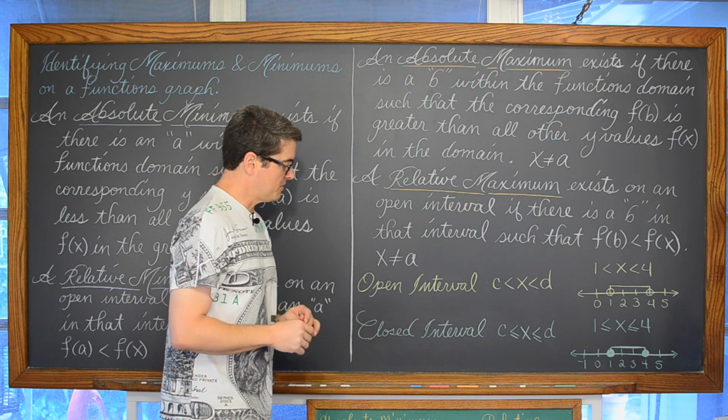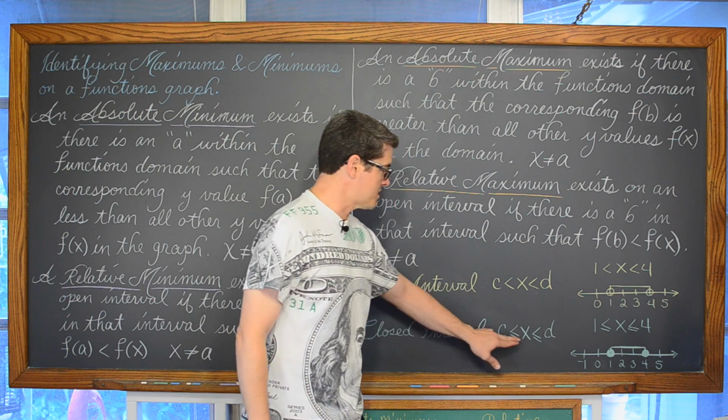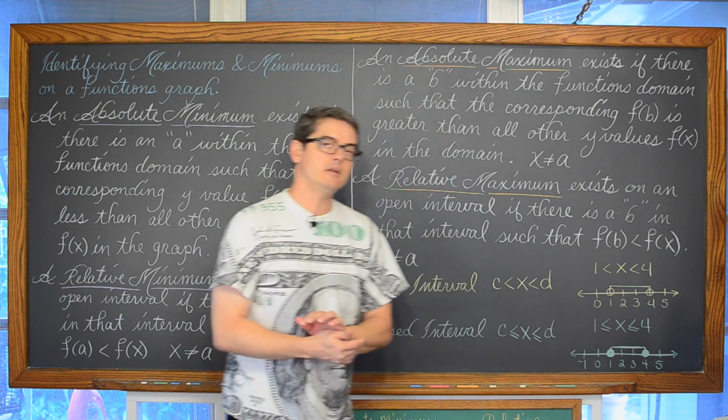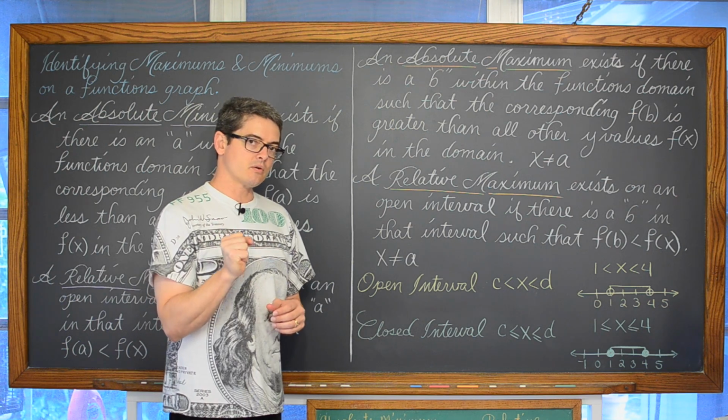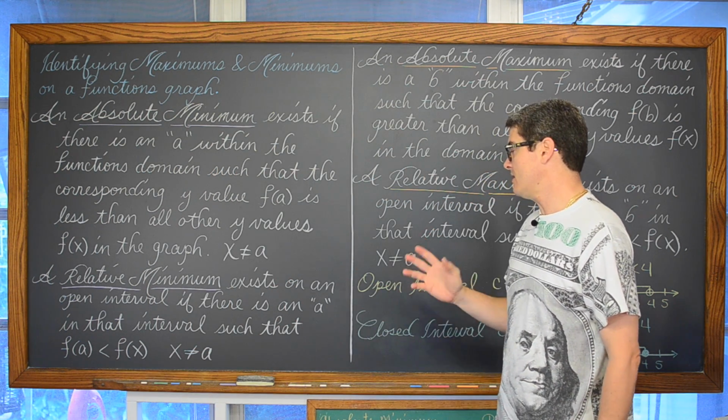A closed interval is when you include the endpoint. See the equal signs here now? And when I graph it on the number line, those dots are closed. So when we're talking about exists on an open interval,